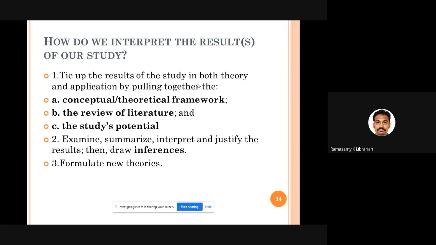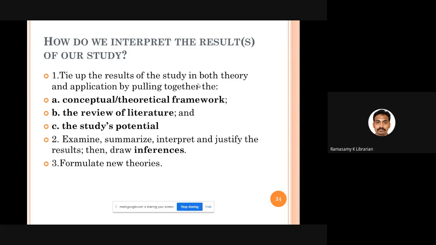Fine. A question comes here. How can we interpret data in your research work? Please understand. Always you should tie together two things: your results and another point. These two are to be tied together. You have to compare and contrast the results of your study with something else. What is that something else? For example, you have done a review of literature and you have found similar studies.